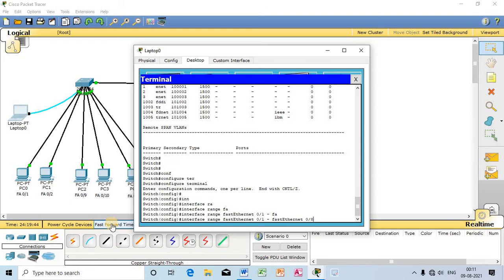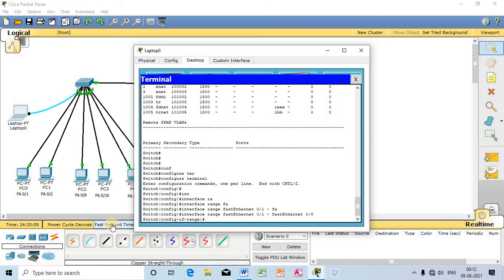So by using the range command I have selected 8 ports. So we are not going to shift individual ports one by one. That will take enough time. So we will use the range command to collectively shift a number of ports together.